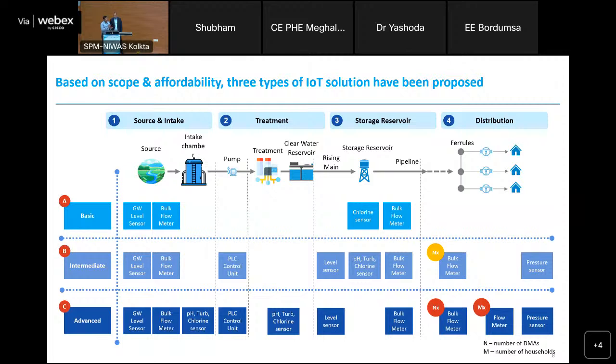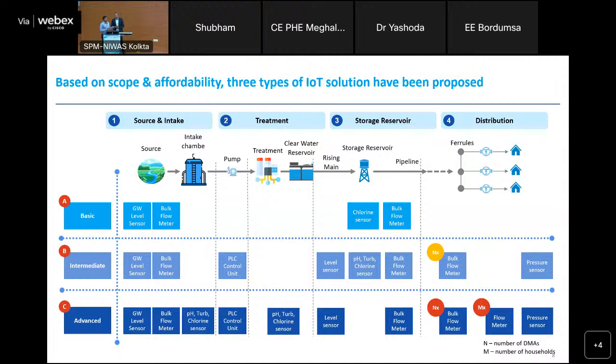We have taken chlorine sensor readings at the source and at the far end, the last household. Then we have done the math and arrived at a number which is not very strong at the first household and not very weak, or mild, at the last household. So if we have enough budget, we can go for both the sensors, but still the source dosing will be